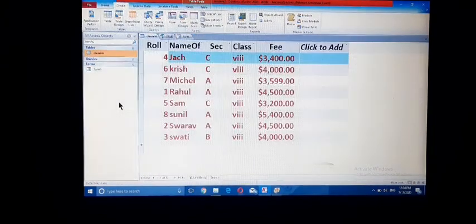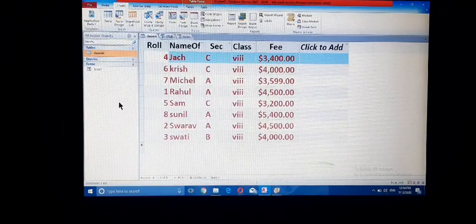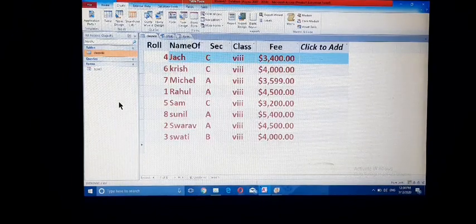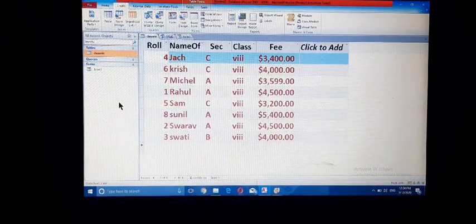Next topic is report. Generally, a report is used for printing purposes. Using a report, we can analyze data, organize and summarize and present in an efficient way.